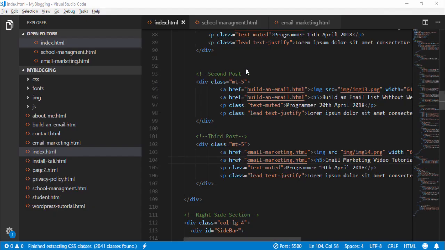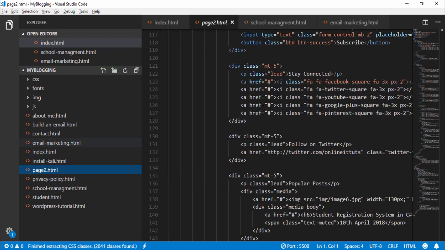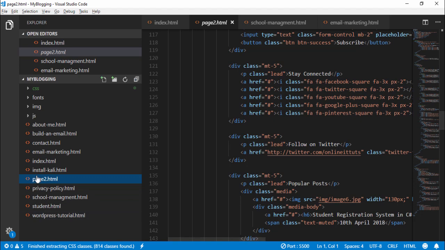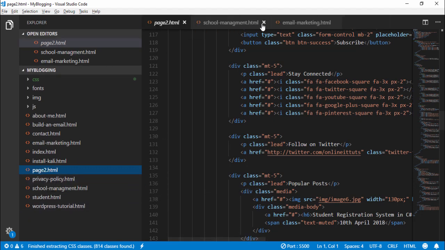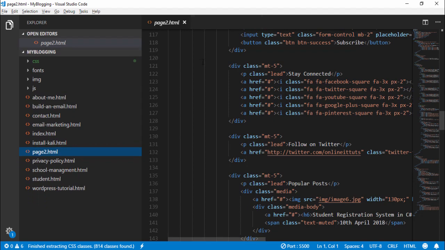Hello guys, welcome back. In the previous lecture we discussed all about the first page post sections. In this video I'm going to teach you the second page posts. So I go to my second page .html. I don't need to use index.html and many other pages. I right click it and then open it with live server,